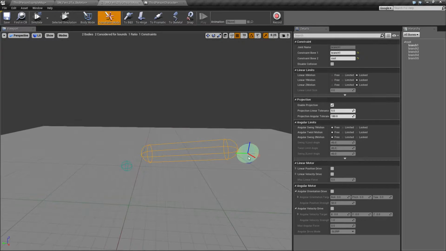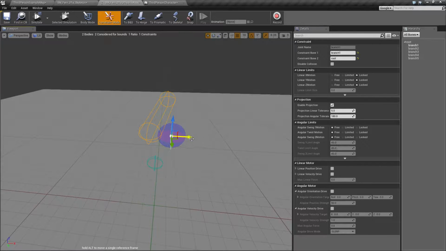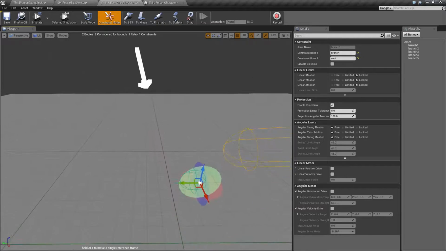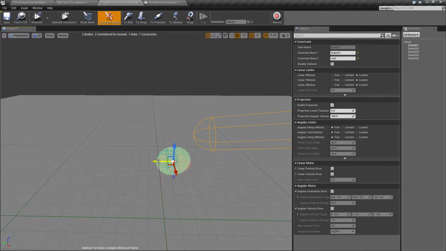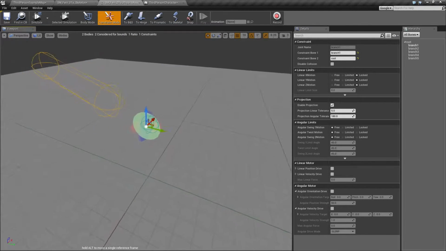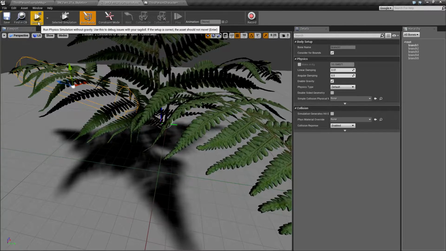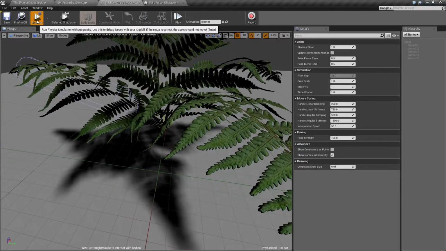What we need to do inside the constraints mode is to select this guy and then move it towards this other rigid body, which is the center, or the location of the stem. So this is where it's going to rotate from. It doesn't really matter if it's precisely on top of it, but generally close to the center. Okay. So when we now simulate,